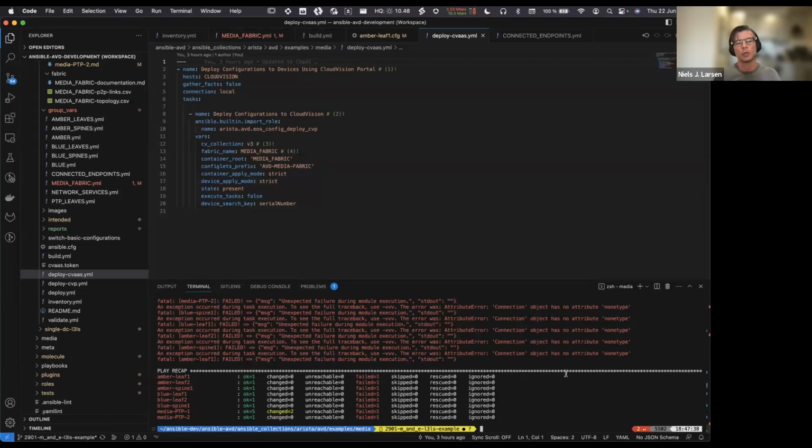It will show up in a report, again in Markdown format, highlighting, for example, what power supplies don't have power. Are there any third-party optics in the fabric? Is there a link that I expected to be up that is no longer up? Is there a routing daemon configured that requires a reboot, for example, et cetera, et cetera. So this makes it very easy to get a very fast overview of the state of the actual fabric.